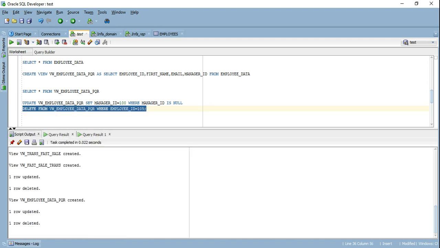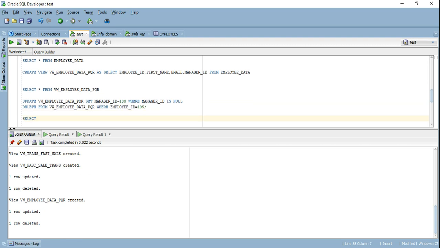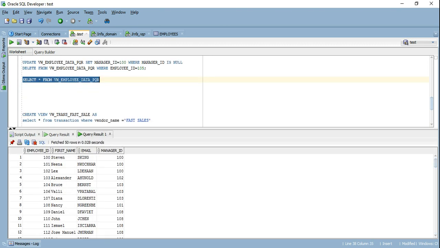So the row has been deleted, which is pretty nice. Let's see if we see 105 anymore. We don't see that. Right here we have 106 after 104.